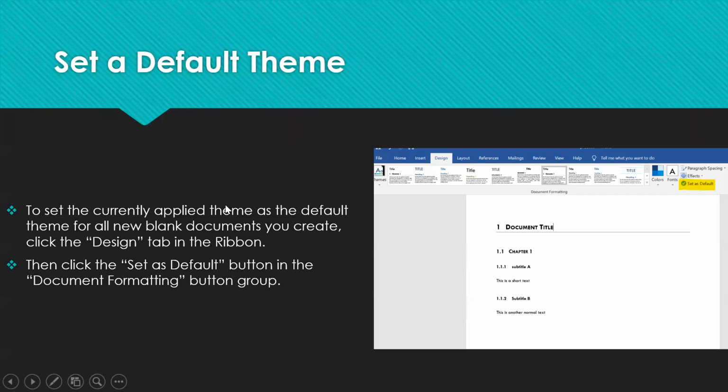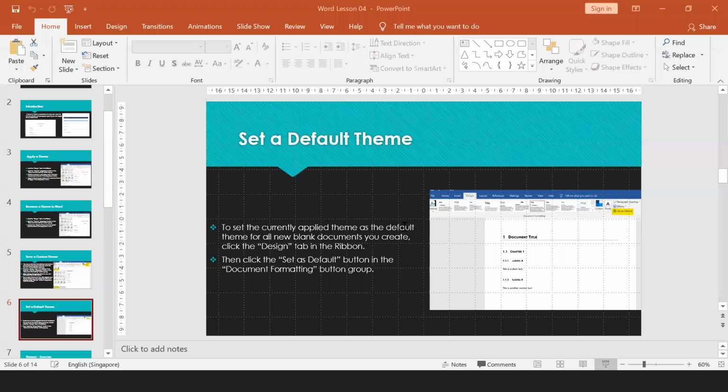So now we'll see how to set as default. Okay, so let's say you want to set a default theme for all your documents.